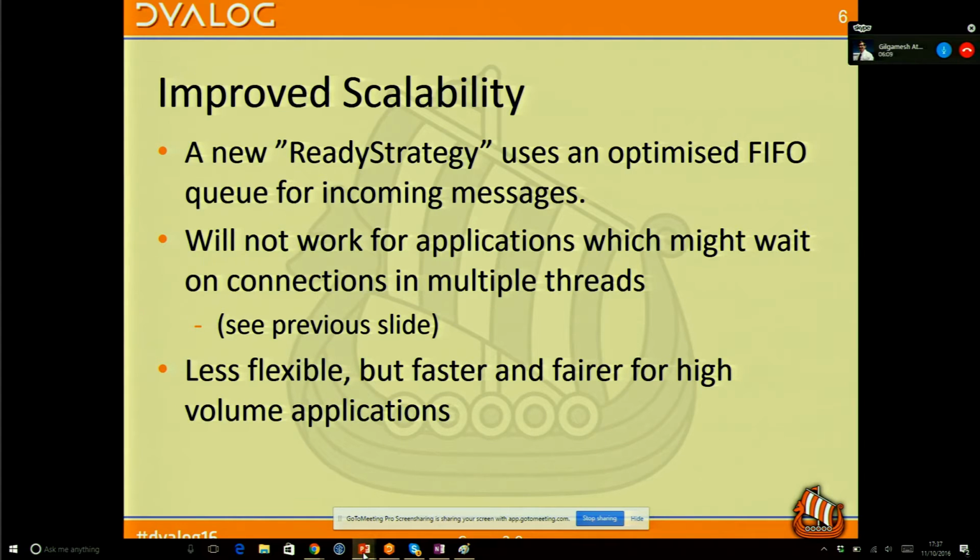There's some significant work that's been done on scalability for very large applications. This really applies to the other mode of operation where you've got one thread listening for everything. In the past,